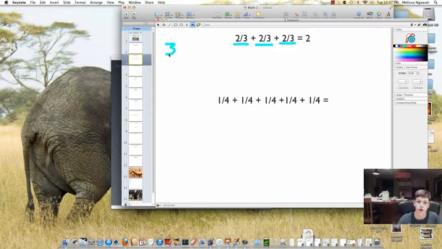There are 3 equal fractions. Well, now we know that there are 3. We can change the addition sign to multiplication,